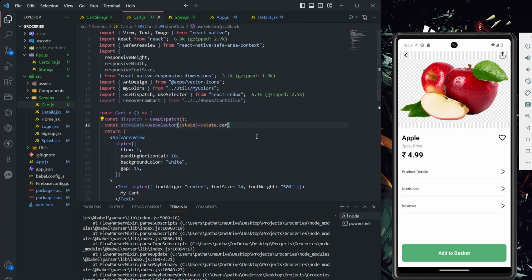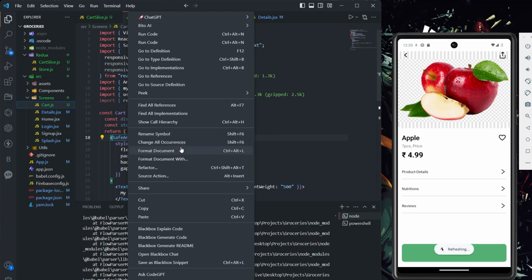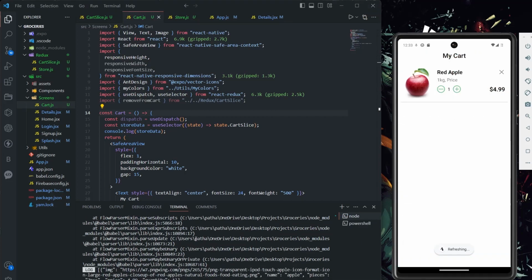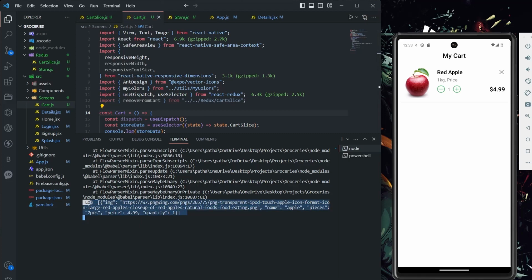in cart slice. And let me do console.log as well, so that we know exactly whether we are getting data or not. And if I click on the add to cart here, see my data exactly added in the cart. See, then only I'm getting the data, right? If you see in console.log,